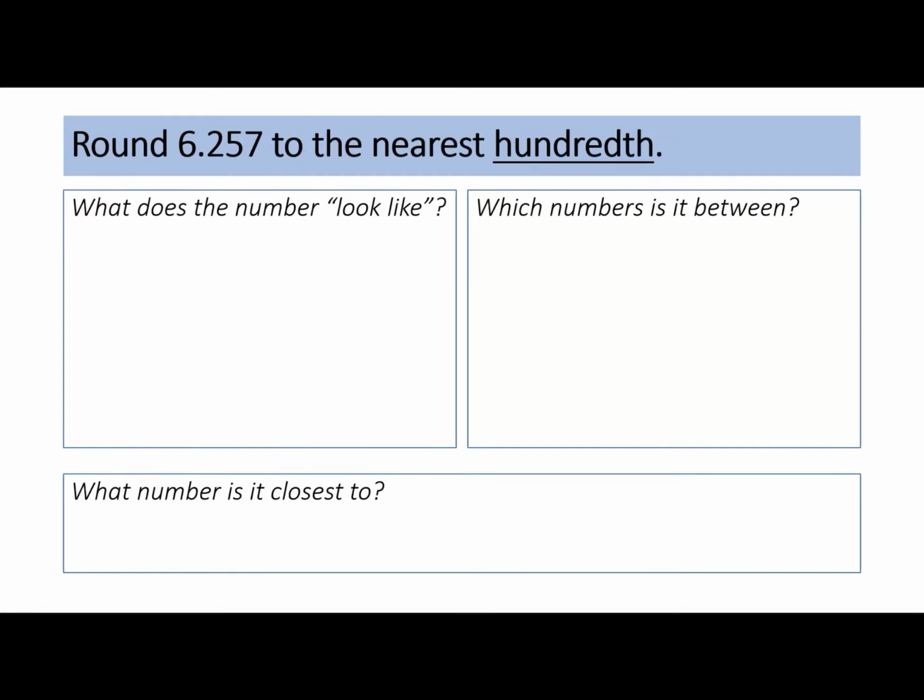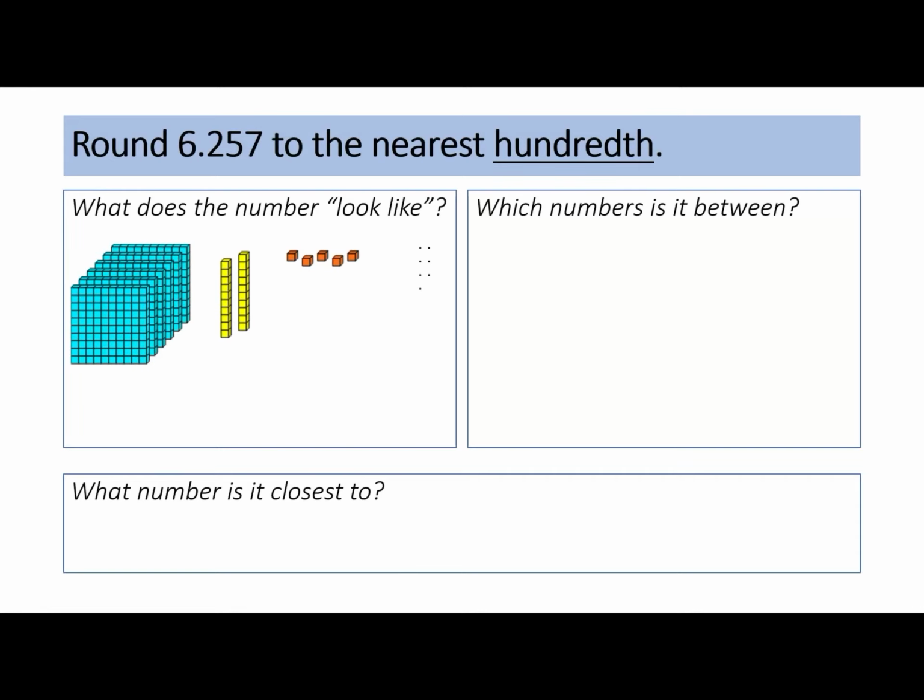Let's try one more example. In this example, we will round 6 and 257/1000ths to the nearest hundredth. We first need to visualize what this decimal number looks like. It is similar to 6 and 25/100ths from the previous examples, but it extends into the thousandths place. To show this number, we will use small dots to represent thousandths. I can see 6 ones, 2/10ths, 5/100ths, and 7/1000ths make 6 and